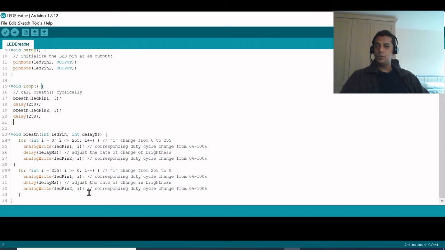Once we run this program, we can see it will be something like a breathe in and breathe out: a smooth transition of the LED from darkness to full brightness, and then coming back from the brightness to absolute dark. Okay, so let's see how the working video looks.